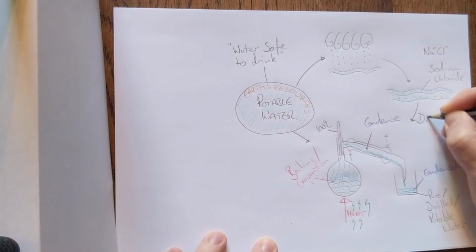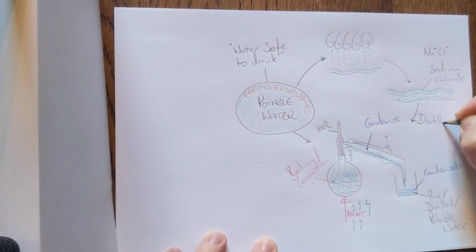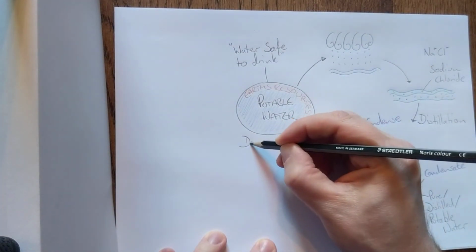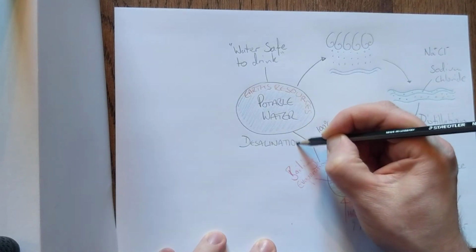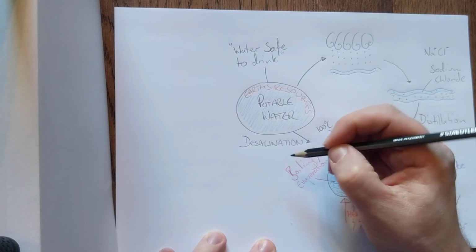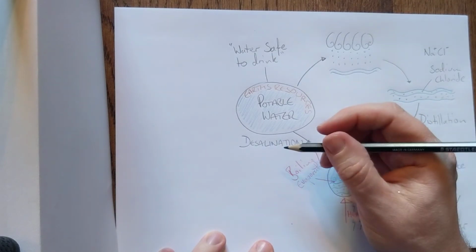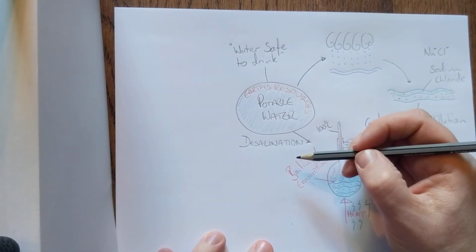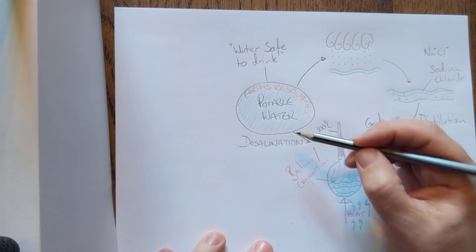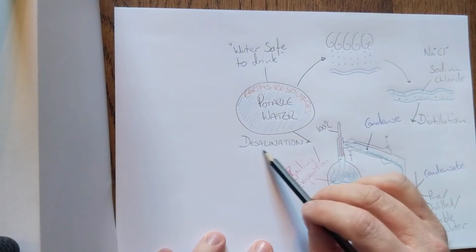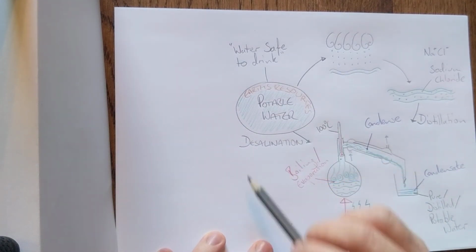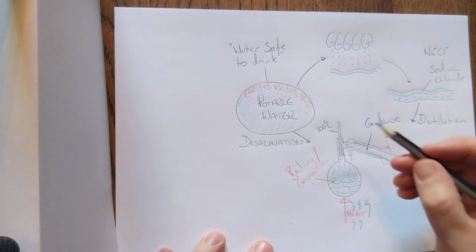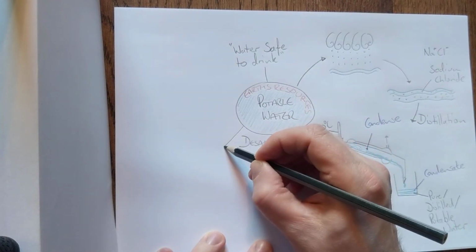I'm going to put a little label of distillation around that part there. I'm going to put desalination. You'll see this saline part from saline solution, and a saline solution is obviously one of water and salt. So desalination just means we're taking the salt out. S-A-L, salt, salination; desalination is just taking the salt out. And so our second method here